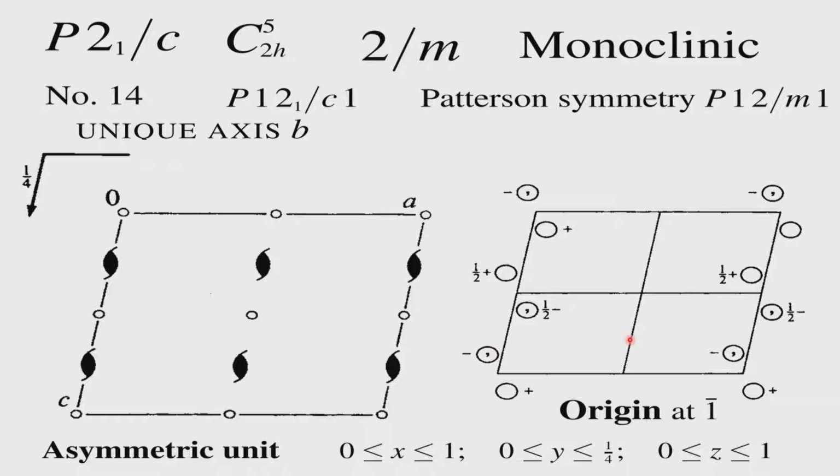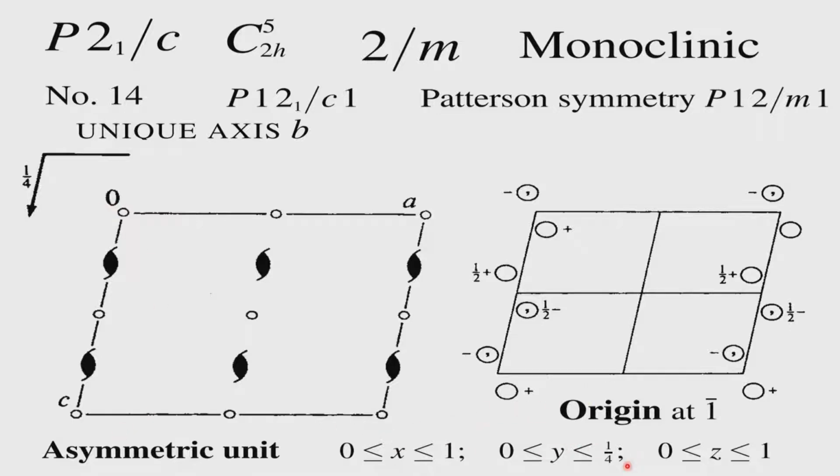The fact that we are adding half to the symmetry related one here and the half to the symmetry related ones here tells us that there is a possibility of a glide plane at 1/4. So, this is therefore a uniquely determined space group. So, we have the 1/4 translation along the direction which is down here, which is the C direction, the 2_1 screw axis developing, and 1/4 which is along the B axis, which is the unique axis in case of P2_1/c. So, the equivalent positions, in fact, the asymmetric unit now is very interesting.